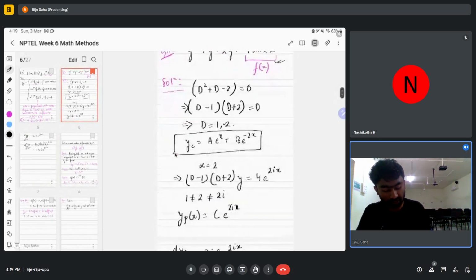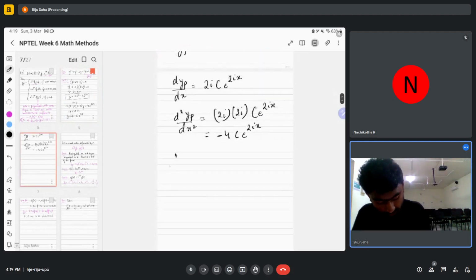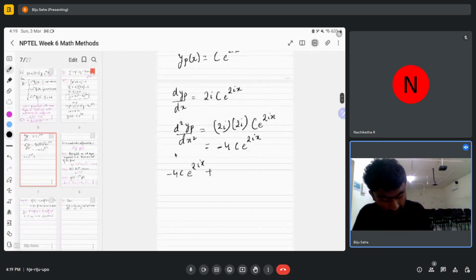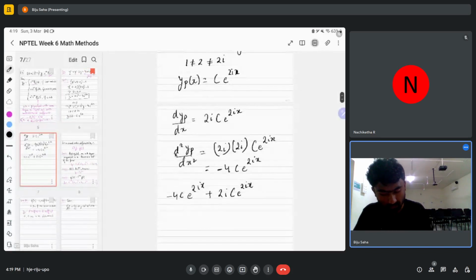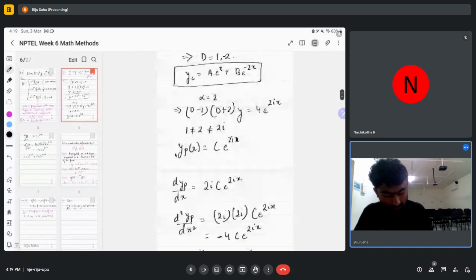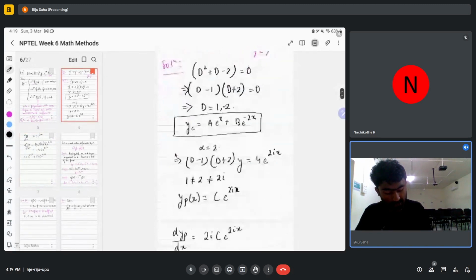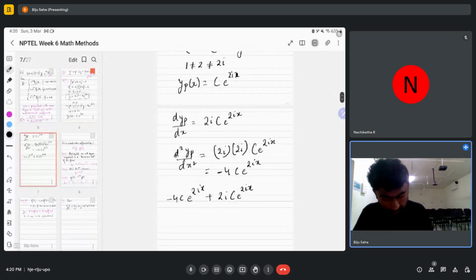My y double dash is minus 4c e to the power 2ix, and the first derivative is this, and next is minus 2y, that is minus 2 of c e to the power 2ix,